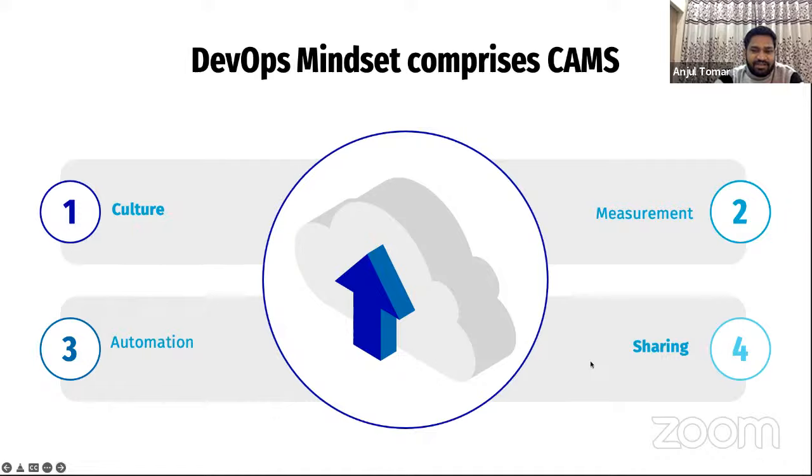Culture and sharing are always difficult to change. Culture in the organization and sharing are two factors which really need courage from the organization, from a set of people, to introduce DevOps. Whenever you try to put DevOps in place, you will definitely feel opposition from the culture and the sharing principle.